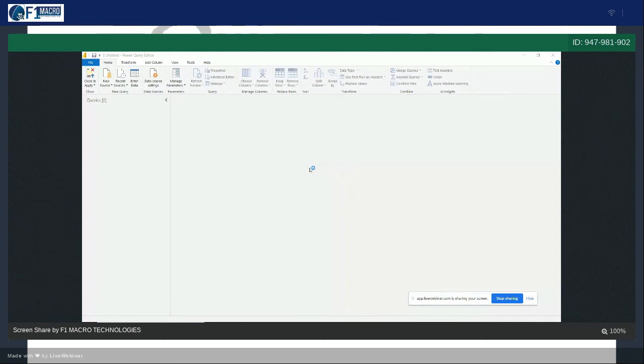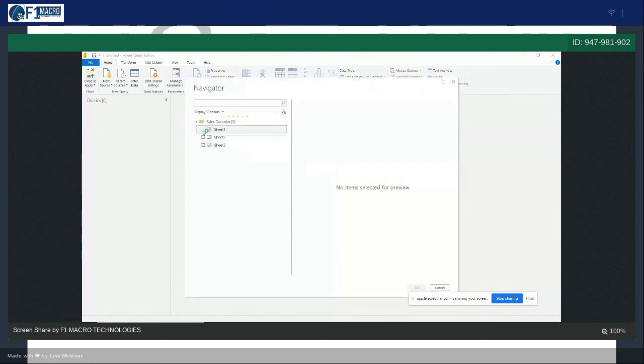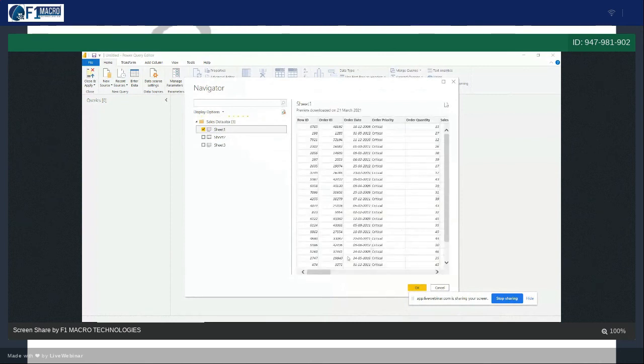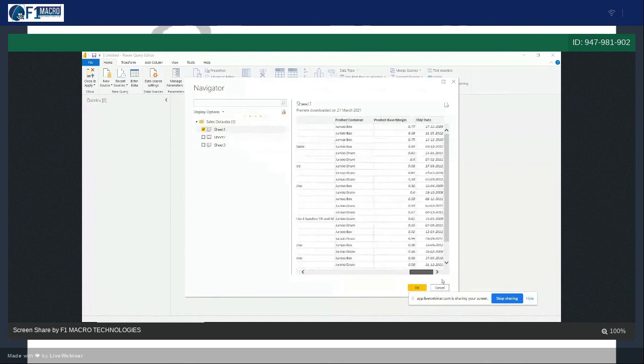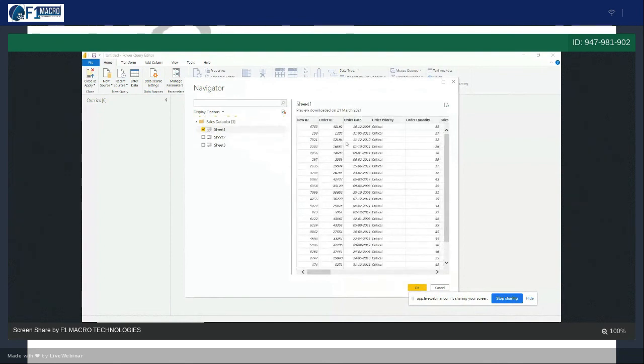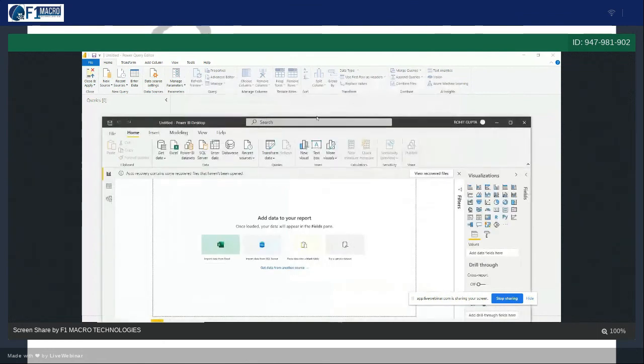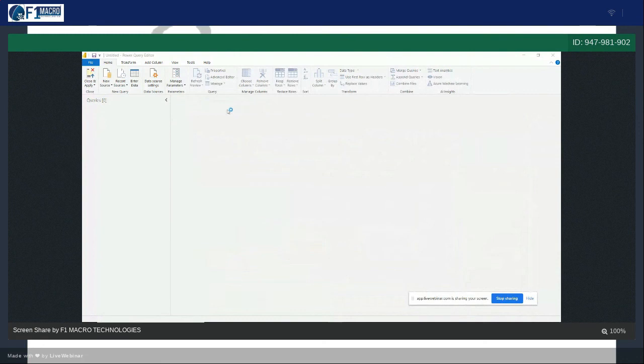You have to select sheet 1, sheet 2, or sheet 3. I want the data from sheet 1 only. It will give you a preview of that data. Preview means only a few rows and all the columns. It lets you see that it has some data and what data it has. You will just click on OK. Once you click on OK, you will be able to see all the data in the Power Query editor window.